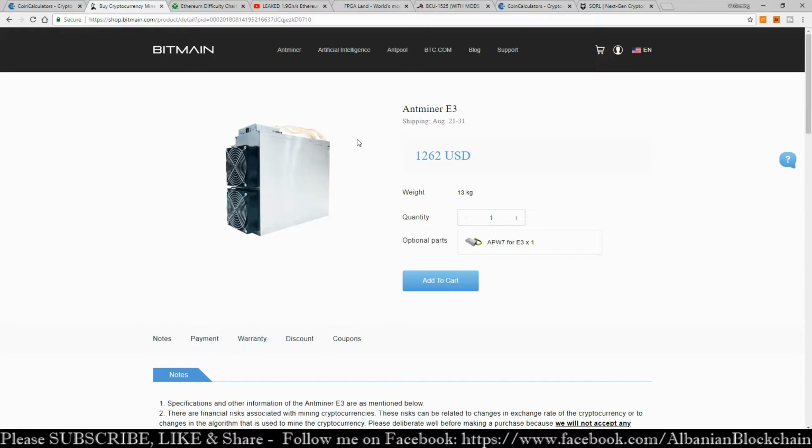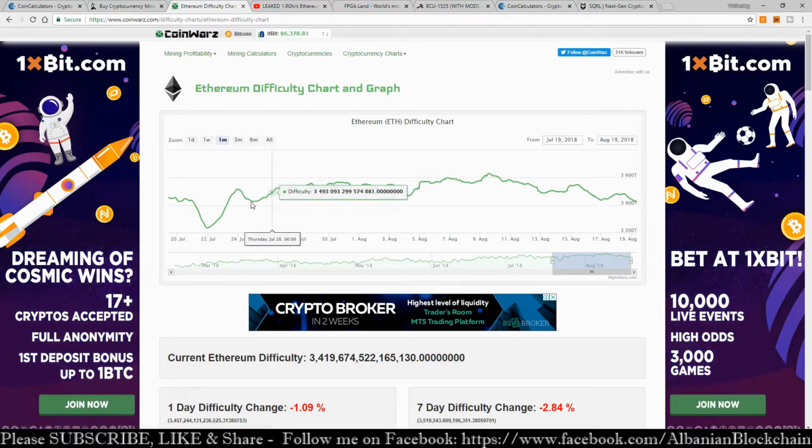which I suppose is not sure, but I think it's related to the Antminer E3. If we go to the difficulty chart of Ethereum in here, you can see that around the 20th of July we had a decline in the Ethereum network difficulty, and it's a pretty steep decline,